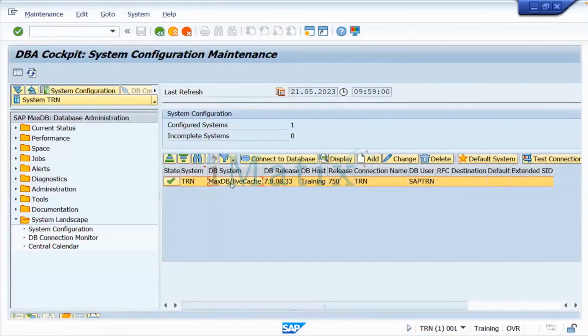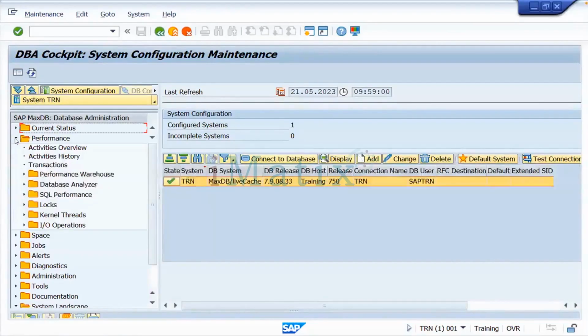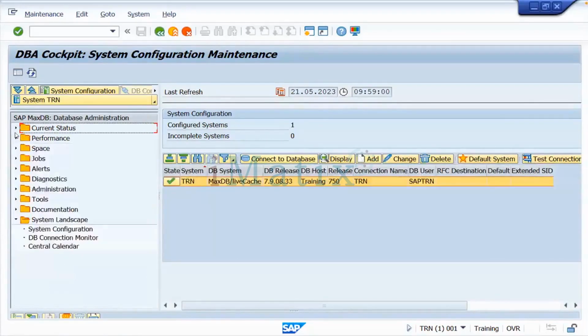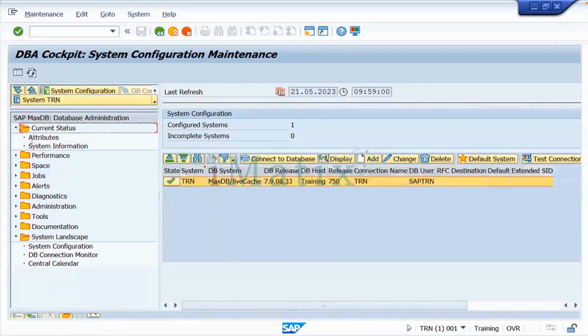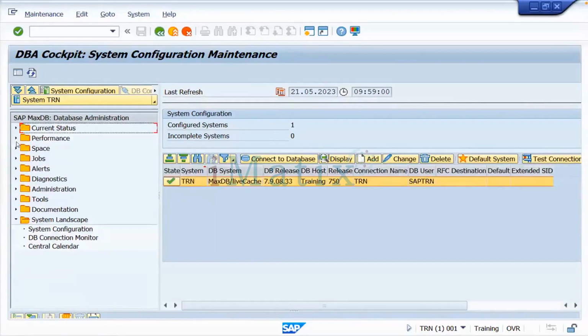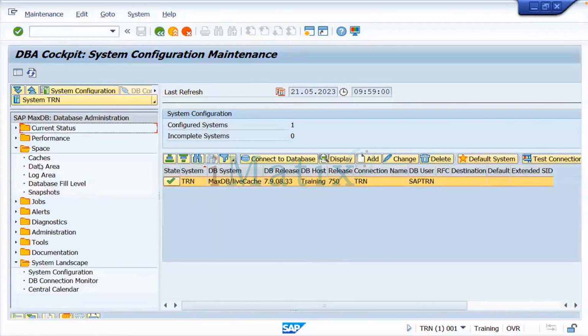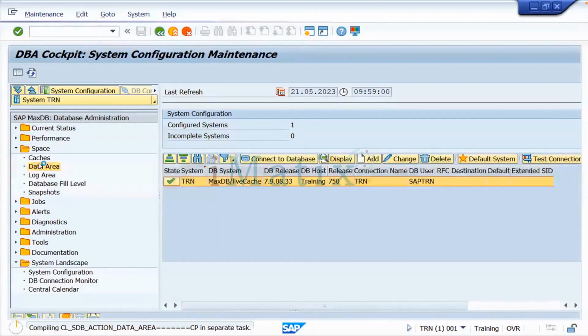Now what is the database? Are you able to see? First you try to understand what is our database. MaxDB, leaf case. Here on the left side we have all the things. We have the performance of the database. You can see the current status. You can see the space. I want to see the data area. How much is the data area and how much is the